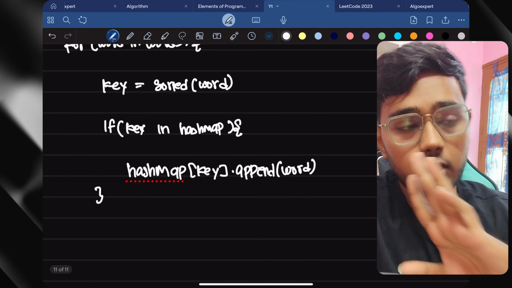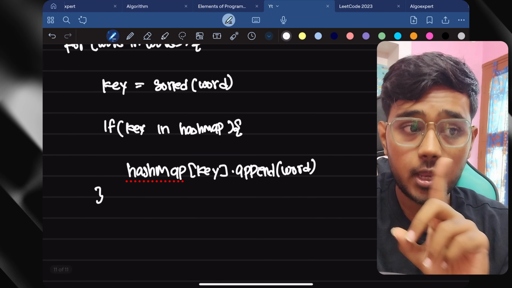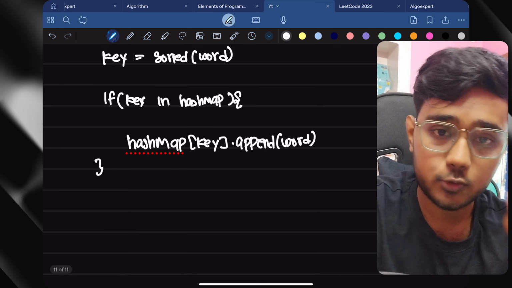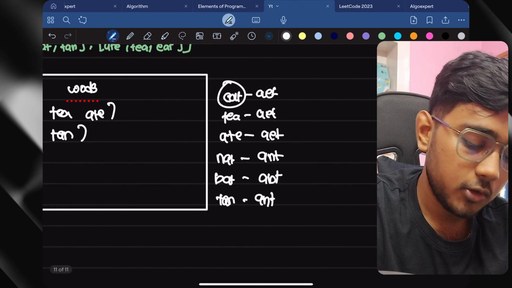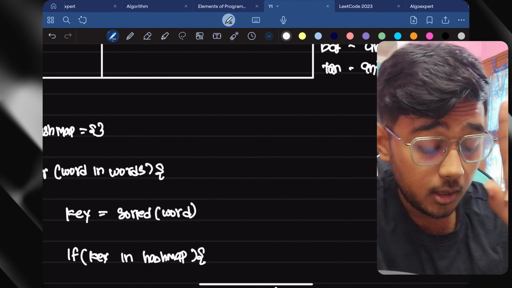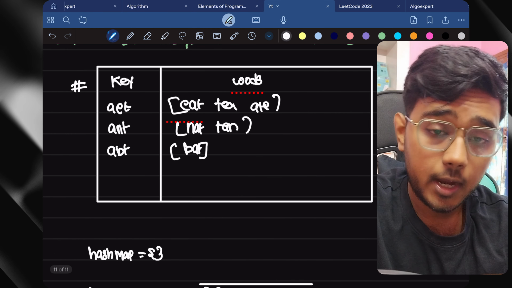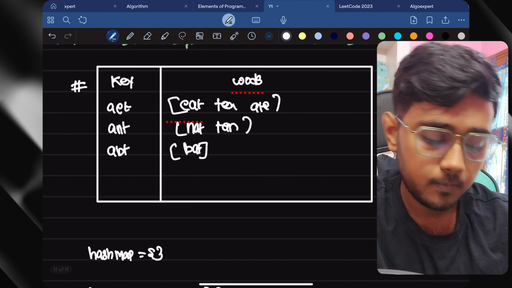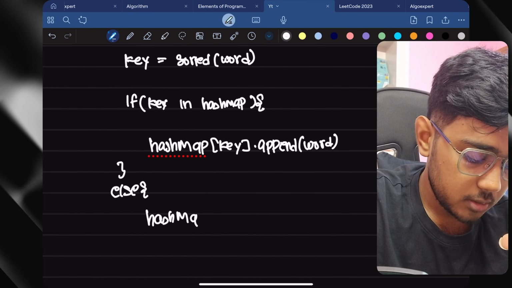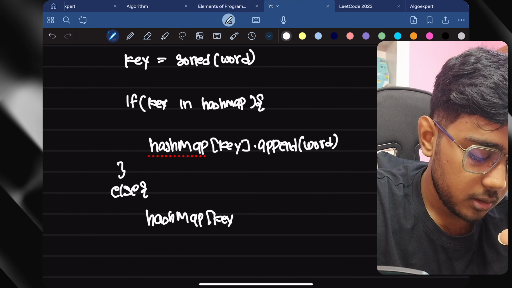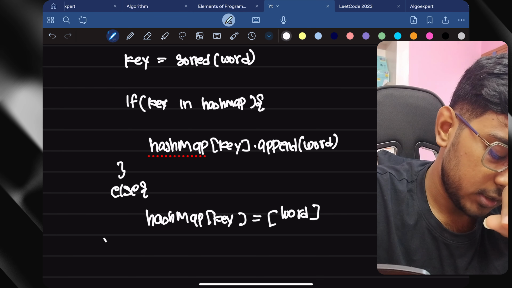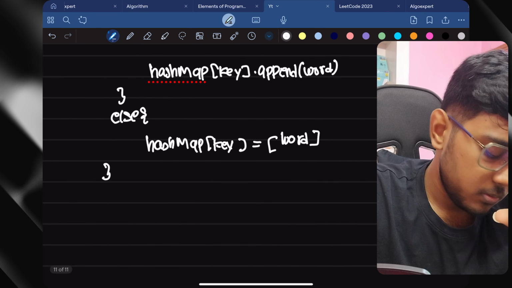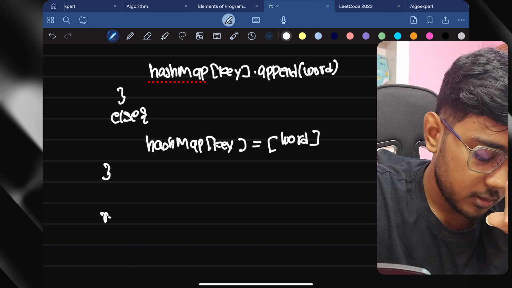If it's not like this is going to be the first time, create a list and add the current word. That's what we did, right? If it's going to be seen for the first time, we are just going to create a list and add the current word. Hash map of key is going to be equal to a list of the word. That's it. And last, we can directly return